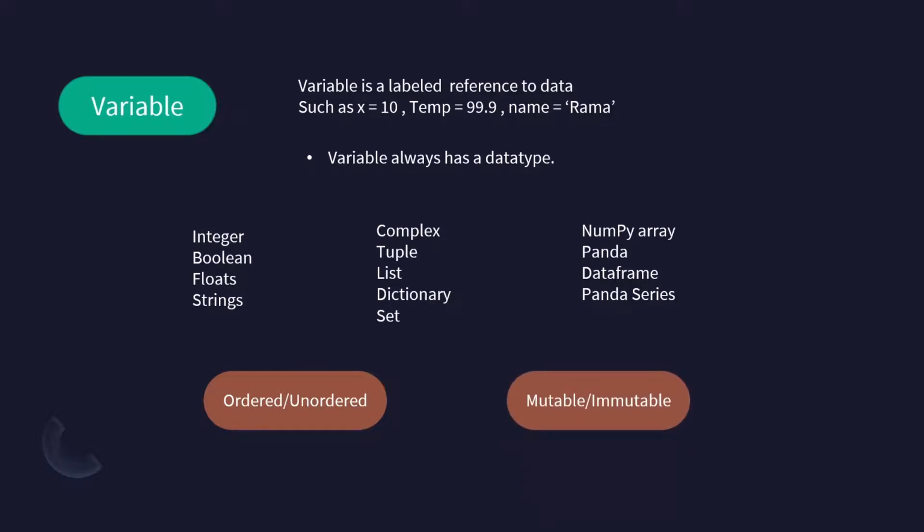Similarly, we have mutable and immutable. Mutable means the data is changed at the same location. That means the ID of the location doesn't change. Immutable means the data cannot be changed. So wherever the location is, it has to do some copy operations, and after those copy operations, it creates a new location where the data is referenced. So these are immutable data types.